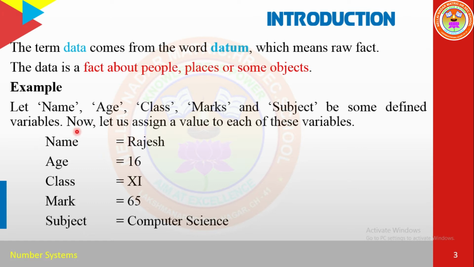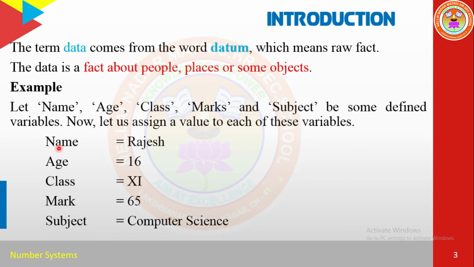Once you assign a value to a particular variable, whenever you use this variable, you automatically access these values. That is the main purpose of variable allocation. The next variable is age. Here we are assigning the value 16. This is a numerical value. So this 16 is assigned to the variable age, like that class and mark and subject. On the right-hand side, after the equal to symbol, these all are values. And before the equal to symbol, these five parts are nothing but variables.